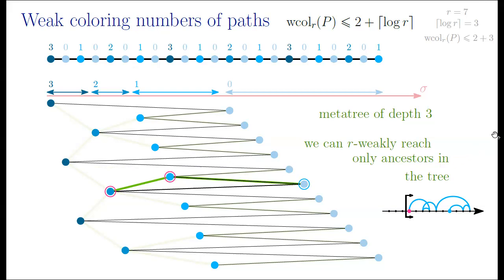Next thing we can study is what we can 3 reach. And if you look at this picture long enough, you'll see that we can weakly 3 reach only this one, the new pink one, because 3 steps in the other direction, 1, 2, 3, we arrive here, but this one is more to the right than this one. So we don't weakly 3 reach it. And the new vertex is again an ancestor, so it works. And I claim that